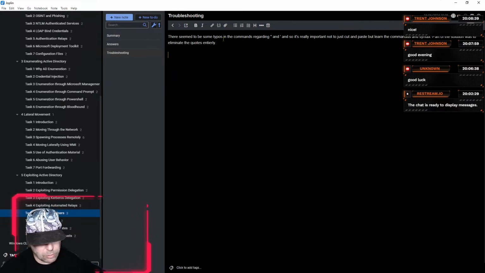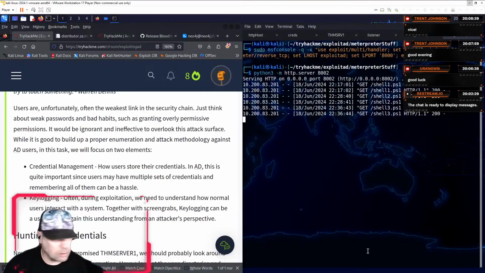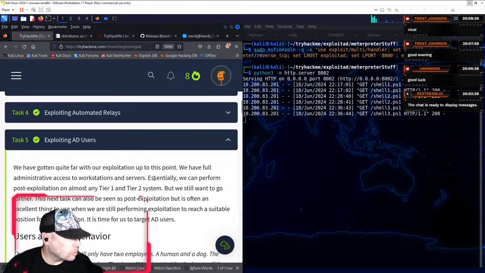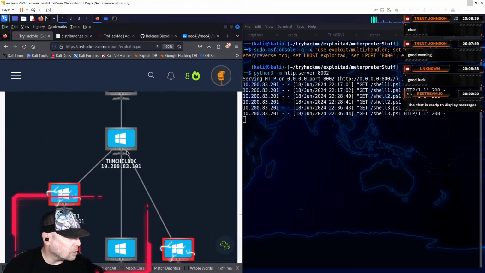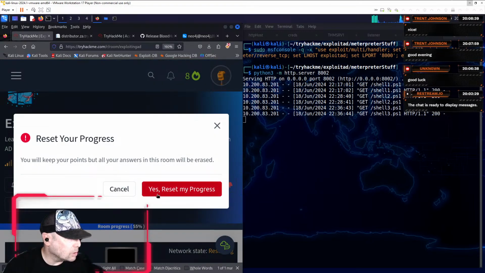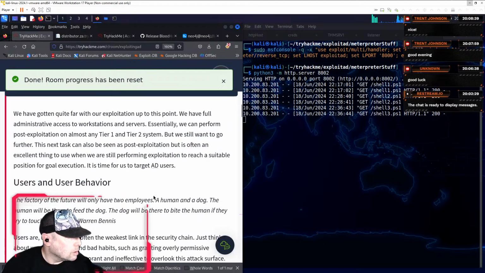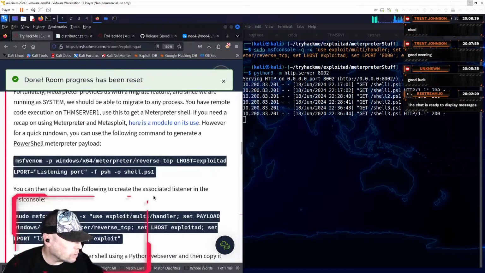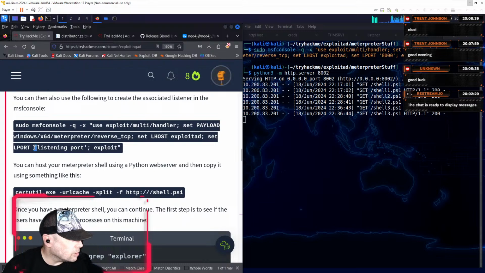Then, always read ahead. Now we had done some reading ahead at one point. I'm going to bring up the VM and show you where we had problems. And actually I'm going to restart this and start all over. So options, reset progress. Yes, reset my progress. So where was it? Here you can see there's a quote here, and then there's a single quote, which at the very least is wrong. If there should be any quotes at all, they should probably be uniform. But we eliminated them altogether.